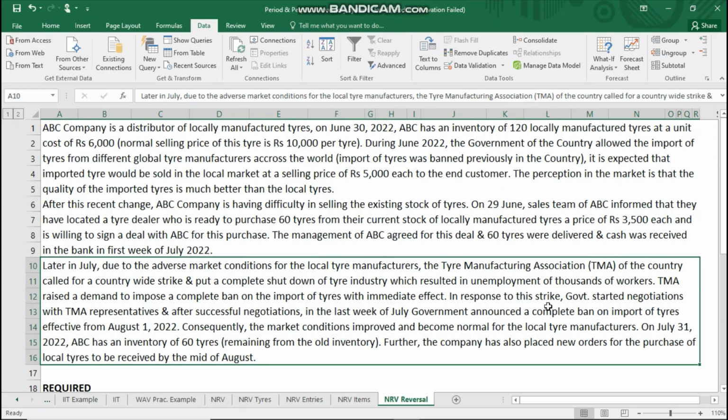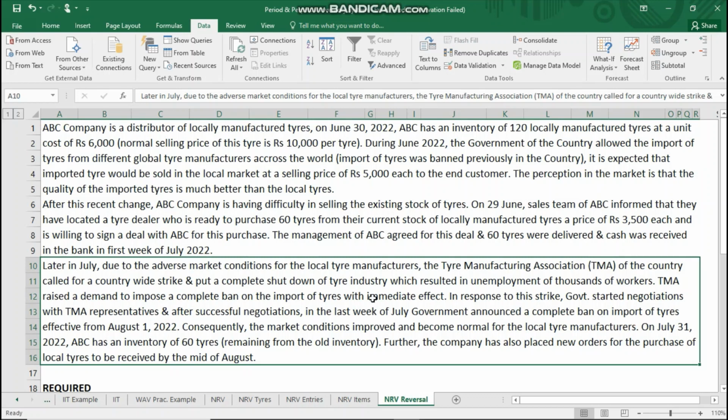In response to this strike, government started negotiations with the TMA representatives, and after successful negotiations, in the last week of July, government announced a complete ban on import of tires effective from August 1, 2022. Okay, so there was a strike. The local tire manufacturers called for a strike, and it resulted in unemployment of many various workers. So in response to that, government started negotiations with those tire manufacturers, and ultimately the government again imposed a ban